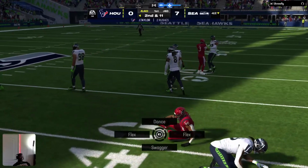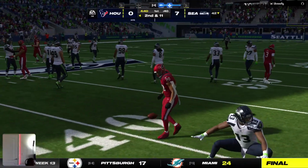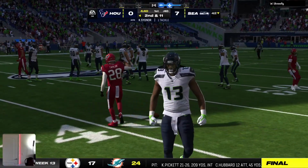They'll lose a yard there, and it's 2nd and 11. This defense is a difficult one to prepare for. One of the best in the...